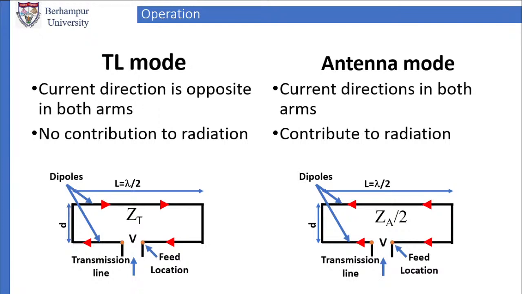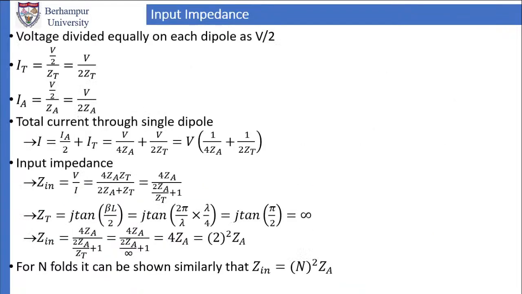For the antenna mode, the impedance will be Za by 2. Now what happens here? The voltage is divided equally on each dipole as V by 2. First, we are going to find out the input impedance. So the first step is voltage is divided equally on each dipole as V by 2. So IT in the transmission line mode, IT is equal to V by 2 divided by